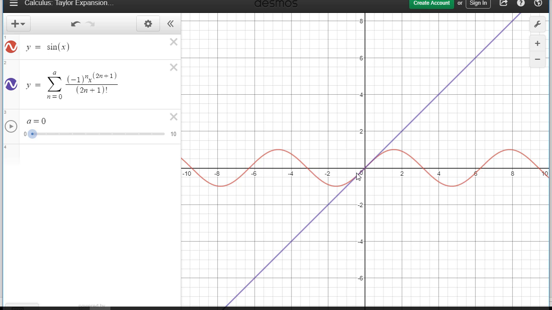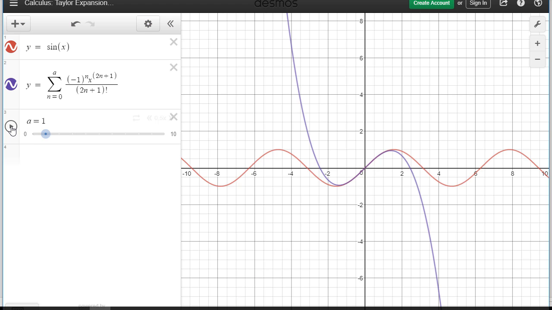And near the center, the estimation is really, really good. The further away I get from the center, if I'm out here at x equals 4, the estimation of the series, y equals x, is horribly off from the sine function. So if I only look at the first term, the estimation lives in an interval relatively small, and it's centered at x equals 0. And if I add the first two terms of the series,